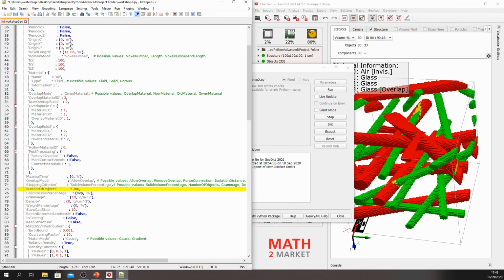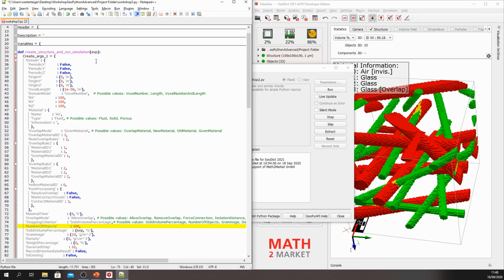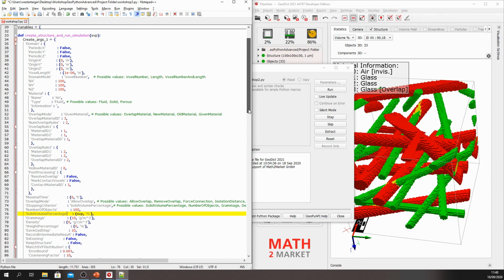So now if this function were to be called with an SVP value, it would be used as the solid volume percentage of the fiber structure. And as I said earlier, the fiber generation and the flow simulation always save the results under the same name. In order to reflect the SVP value, we now want to change the result file name so the SVP value is incorporated in the file name. So we actually know which result file is which.